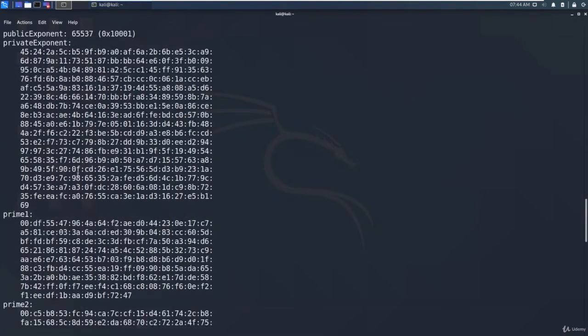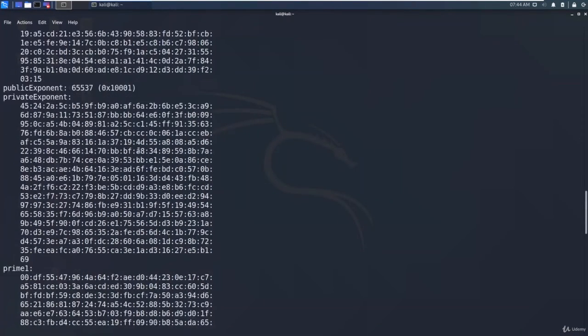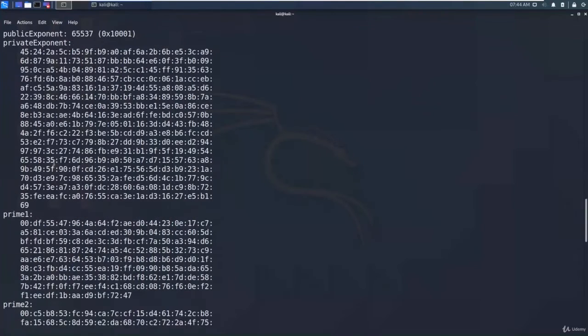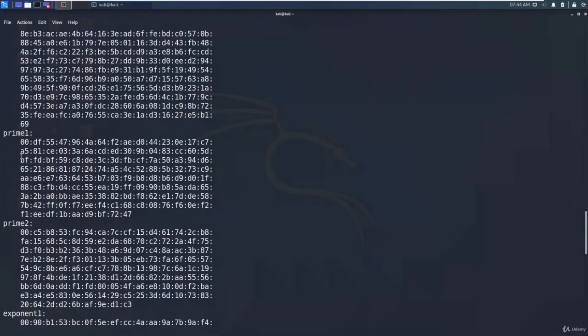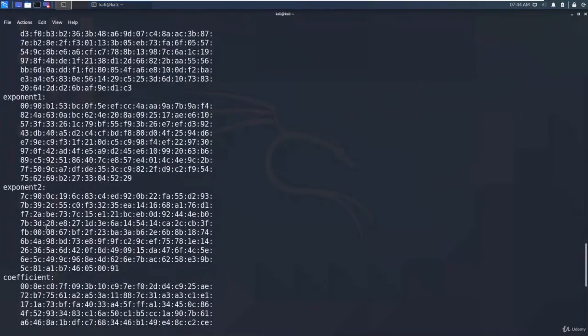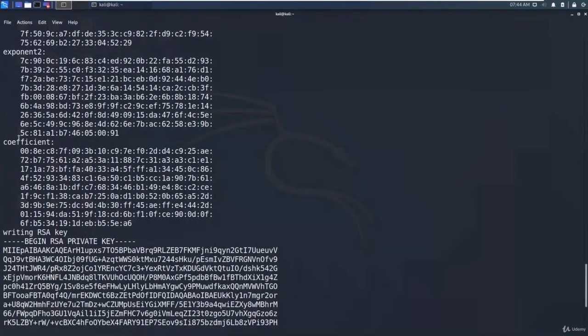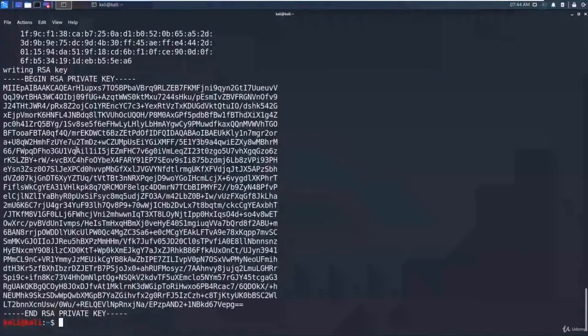Yes, it's D. And after that the prime 1 and prime 2, P and Q, and exponent 1 and 2, and the coefficient. So these are all the parameters that are involved in RSA encryption and decryption, like the public key pair and private key pair.